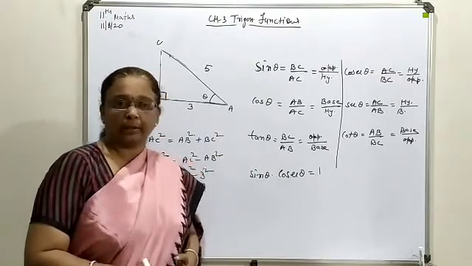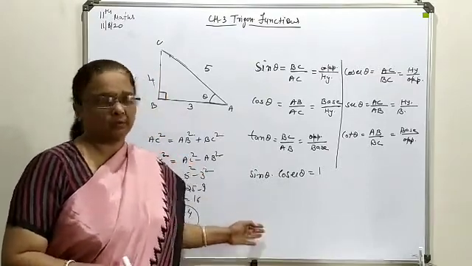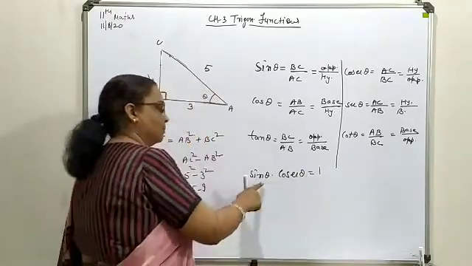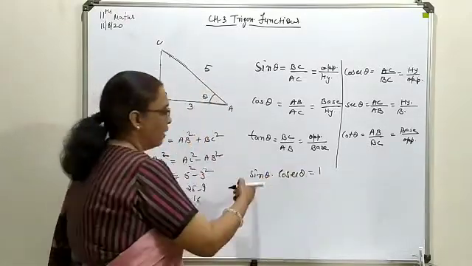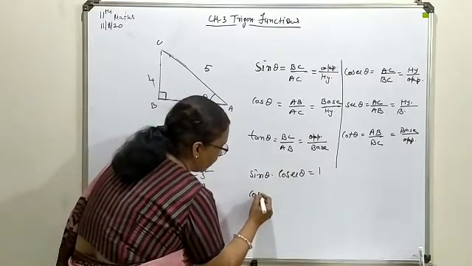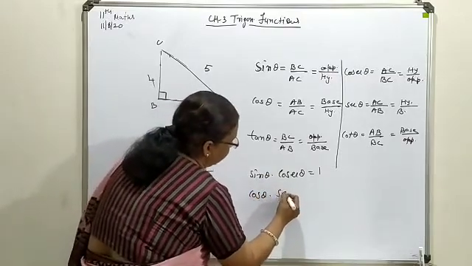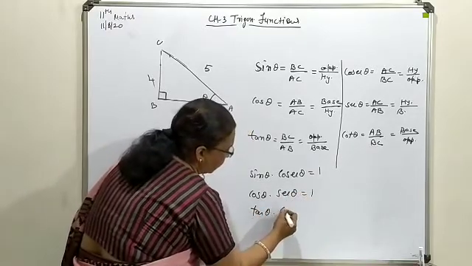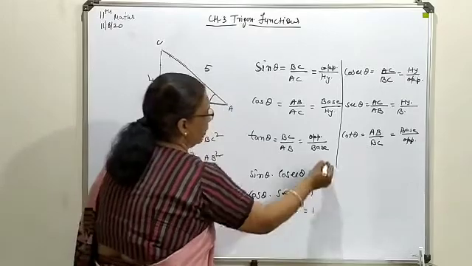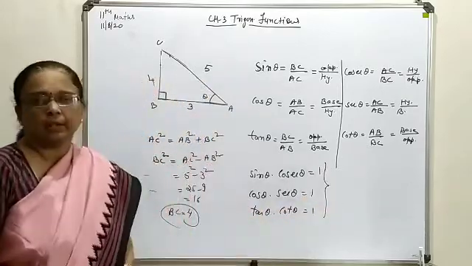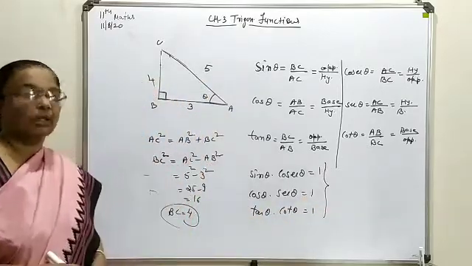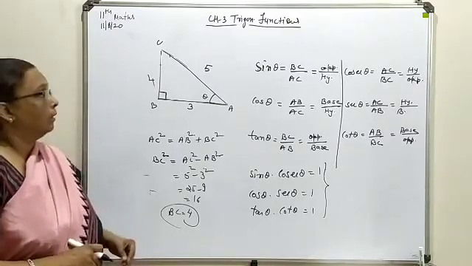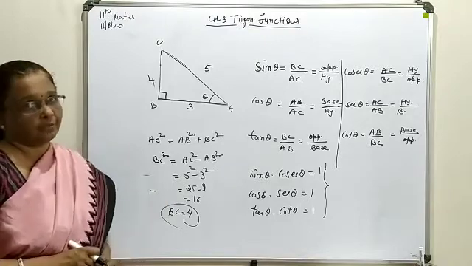If theoretically you are clear, then only you can implement the solution form. So sometimes this 1 is to be replaced by this relation, sometimes this product you have to replace by 1. Now cos of theta into sec of theta will give you 1, and the last is cot into tangent will also give you 1. So this is also one of the interrelations in between. So this is all about the basic thing related with the trigonometrical terms evaluation.